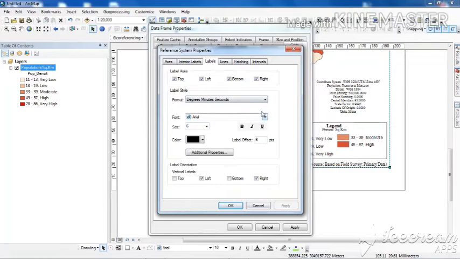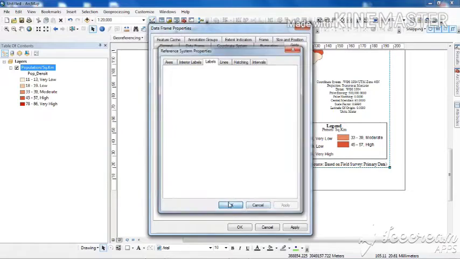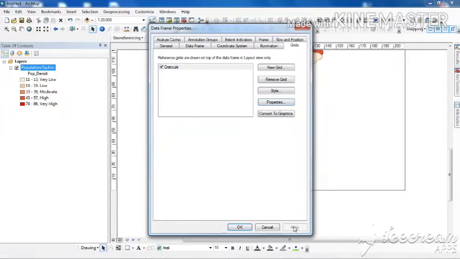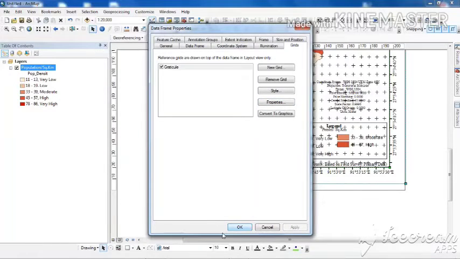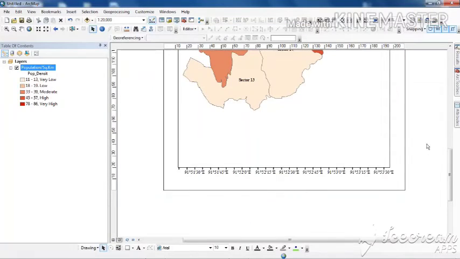And over here the format will be in degrees, minutes, seconds. Okay, same thing, Times New Roman. Font size will be a bit larger, 11 I am selecting. Click on apply, click on OK, click on apply, click on OK.